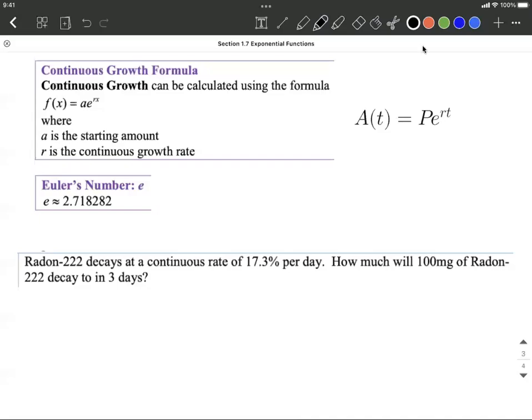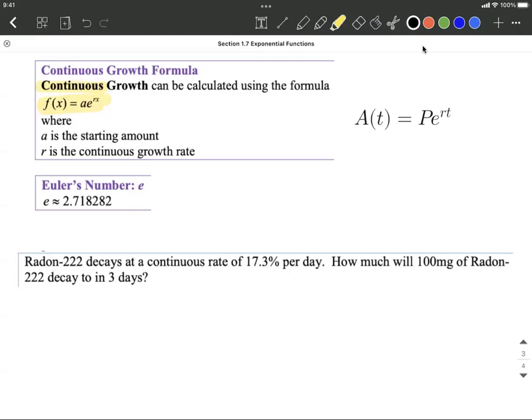Okay, the continuous growth formula. So in our application, sometimes this big keyword continuous is going to come up. What that's pointing you towards is this formula that has the E involved. Now, E is what we're going to treat as a number from here on out. This very famous mathematician by the name of Euler came up with this number. Kind of cool, right? Well, this number is approximately